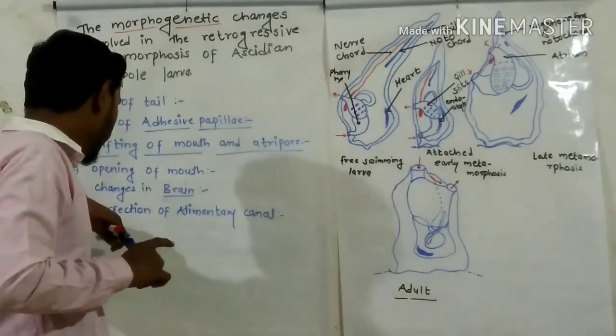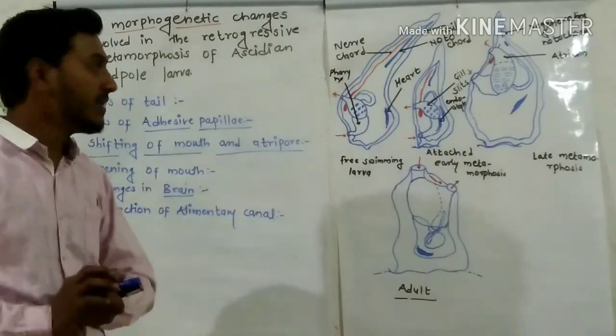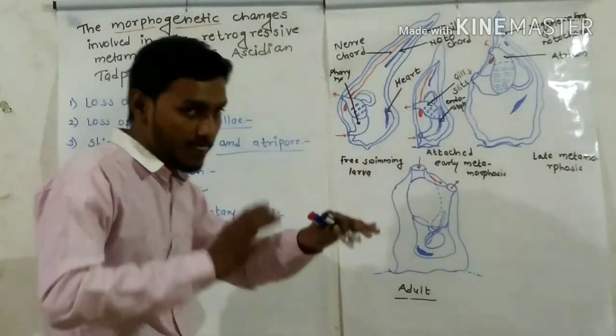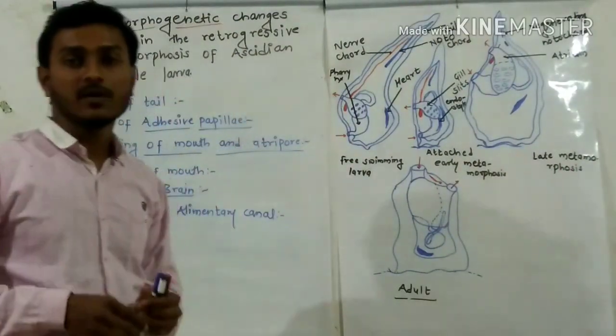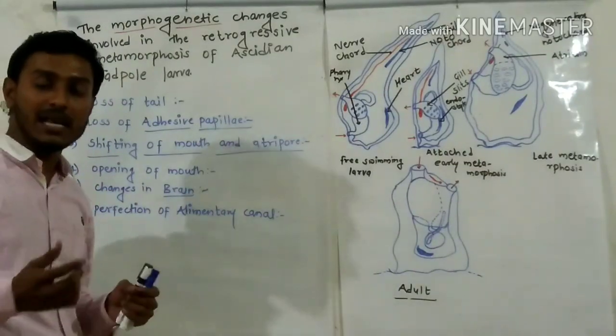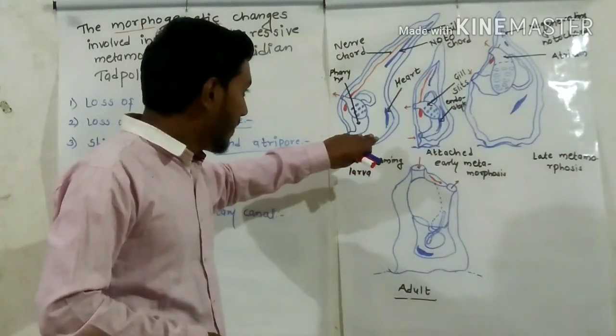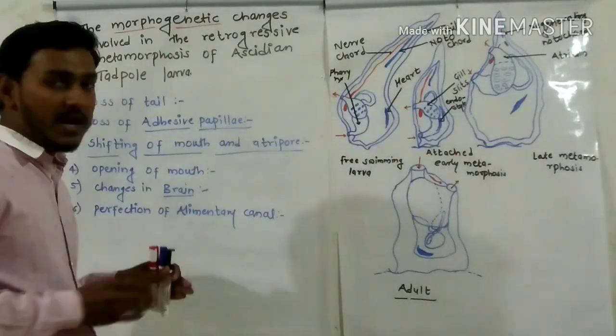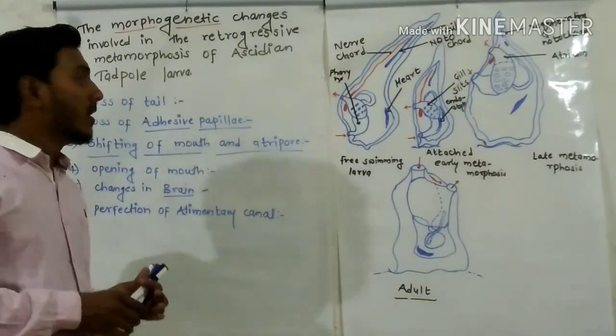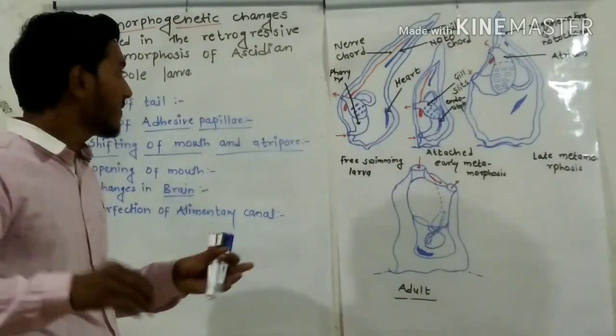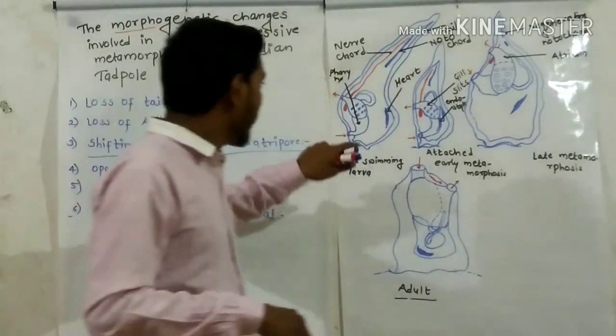What are the changes? Means the perfection that is taking place in the elementary canal. The pharynx part enlarges, the stigmata also enlarges and they become vascularized. The intestine part becomes U-shaped, stomach enlarges, rectum